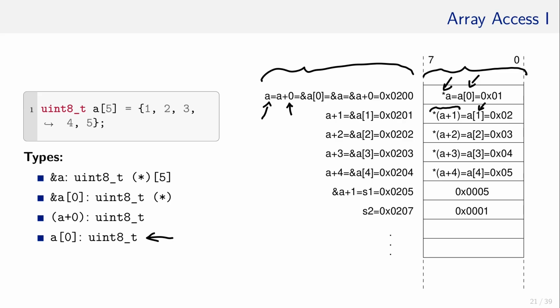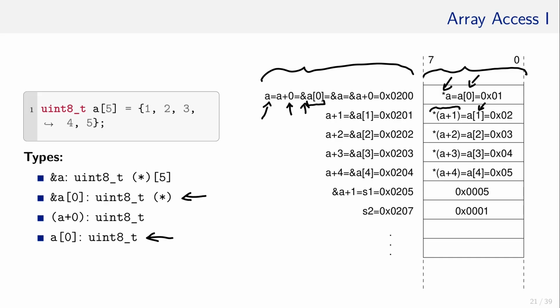It still points to the same element. We can also take the value of the first element and ask for the address of it by using the ampersand or the address of operator. In all cases so far, the type is a pointer to the uint8 value stored at this memory location,